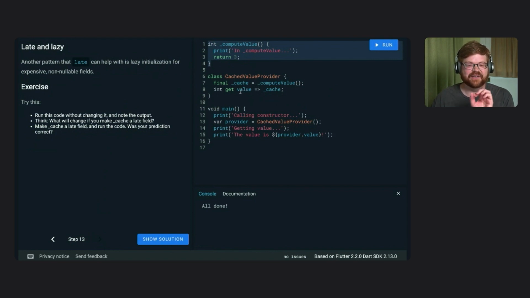Then we have a cached value provider. So you can imagine, say you have a cache that's guarding an expensive function, right? Say compute value was not just returning 3, but it was contemplating the nature of man's role in the universe or something like that. You might only want to contemplate that once and then take the result and store it in a field so that you could send it out multiple times afterwards. And that's what this cache value provider is doing, right? It has a getter for this cached value, and it has a private field that's actually being initialized with this